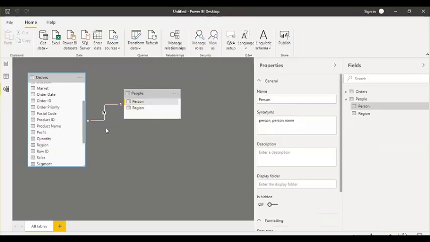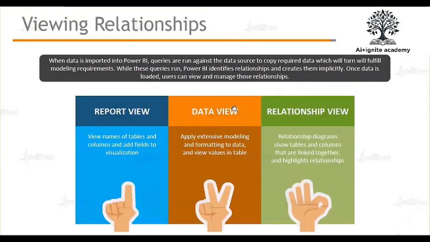But it doesn't mean you should not use the merge query operation. No, you may use that in some scenarios, where you want to use that column for any further data transformation, for reference in any column, or if you want to extract some information from any other table based on that. In such scenarios, you can use that merge query. Okay. So this was just the basics of relationships.